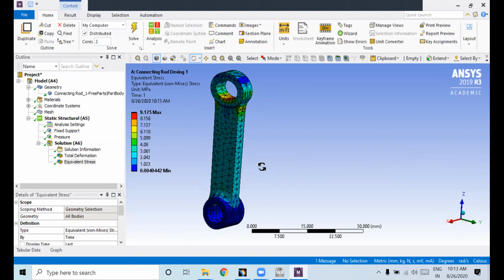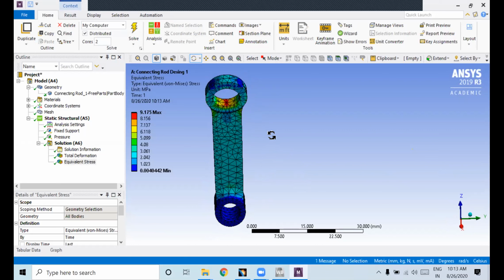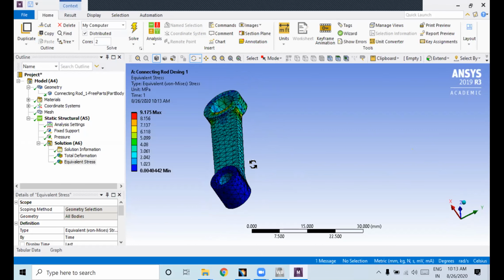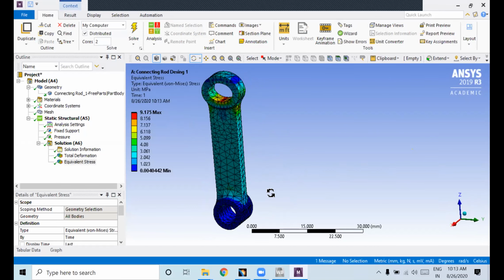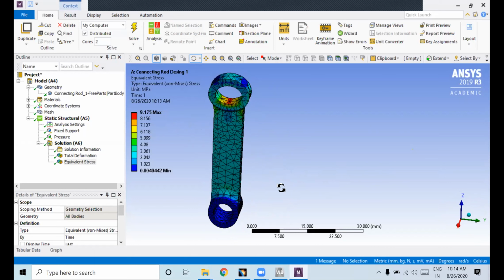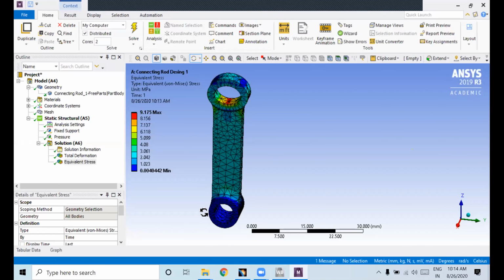Here, one thing I would like to tell you. You need to copy paste this result, right? How to get that? Just orient this however you want. Orient it properly to observe the deformations and all. You have a snipping tool in your system.